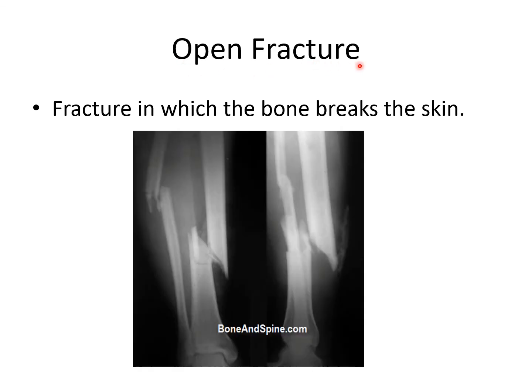Open fractures can be different types of bone fractures, but they're considered open if the broken bone breaks the skin. So you can see right here, it's not really easy to see soft tissue in a lot of X-rays, but here you can see this chunk of tibia has pierced through the skin, so this is considered an open